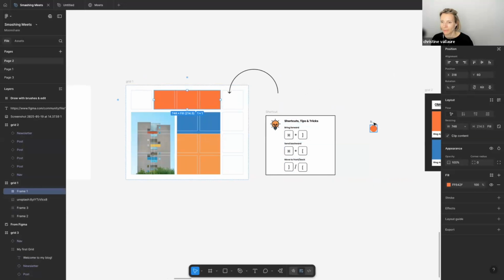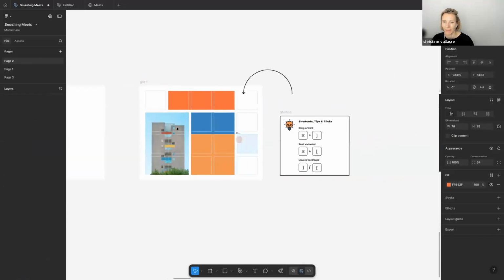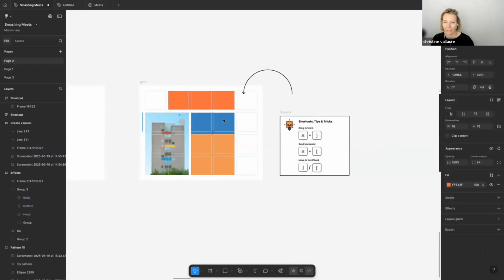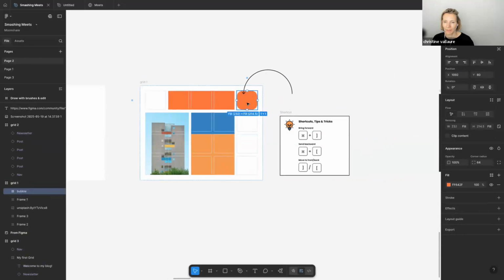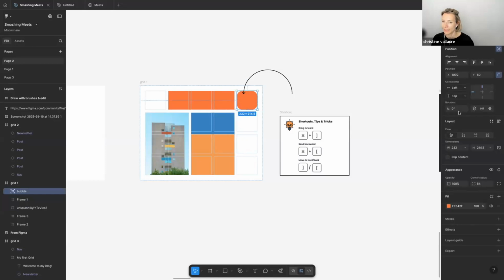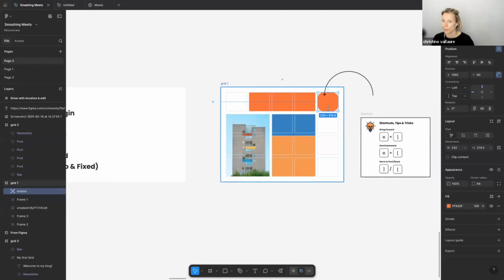Ignore grid. So let's say you're having something like this. I want to add this little bubble, and I want to add it on here or on here. But whenever I do, it would just sit in a cell. So if I wanted it to be draggable around, actually it did it because it's fill, but we can leave it like this. Then there is this little icon up here, quite hidden, that's called Ignore Auto Layout. If you click this, it's taken out of the flow of your auto layout, and you can now just position this by itself. So let's say we want to have this over here, and then you can use your